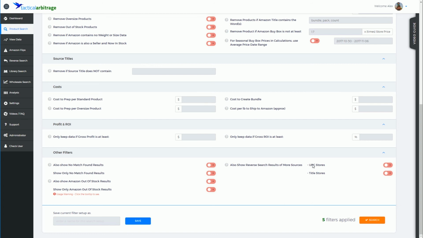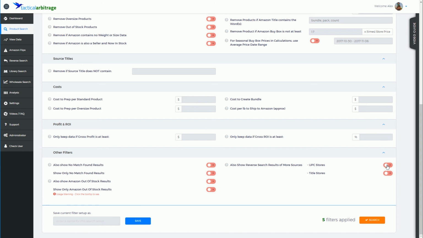So if we have matched barcode 1234 with barcode 1234 over at Amazon, and there's a $3.50 gross profit, and we have this switch turned on, and we also find that over at Walmart, Target, and Kohl's the same product currently has a $1.50 profit over here, $17 profit over there, $4.60 profit over there, as long as it fits your criteria, making sure that it meets your gross return on investment filters, etc., if it finds these items on other stores still with positive return on investment or still matching your filters,